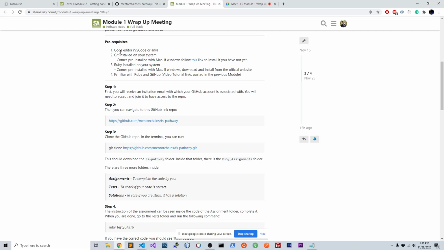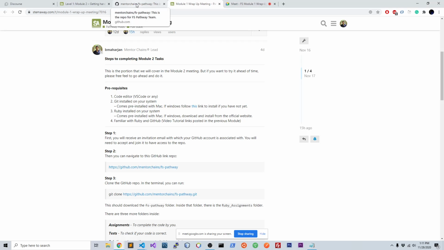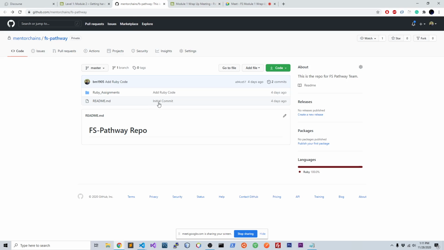And I prefer using VS Code, but you are free to use anything you like. It really doesn't matter what kind of code editor you use. So by saying that, let me just go to this GitHub and try to clone this. I'm just trying to show you how I would approach this particular step. So if you have something else on your mind, or you want to do it a different way, please feel